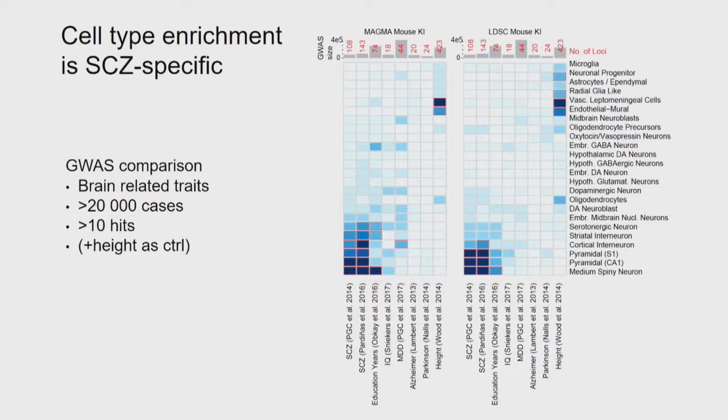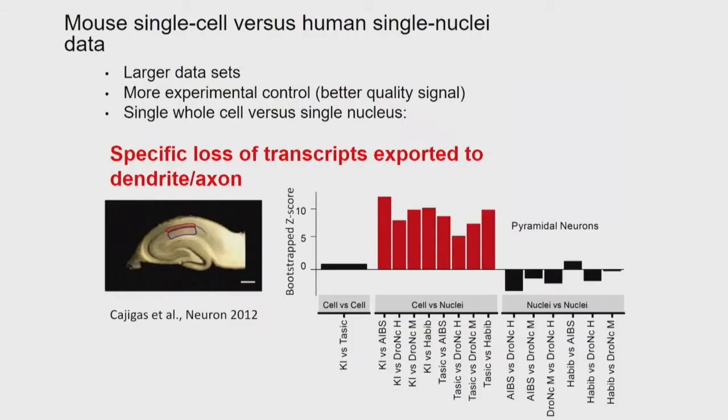So we want to try to do this now with single cell data from humans. To date, it's very hard to do human single cell sequencing in the brain, so what you resort to is human nuclei. The reason is that human neurons are so large that they tend to break when you try to dissociate them. Many groups, including the Allen Institute and my group for many years, have tried, and we've given up. So we isolate the nuclei and look at the RNA signal there instead.